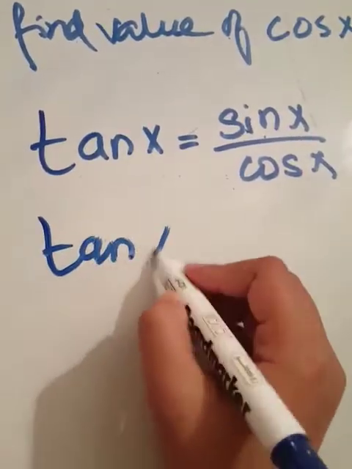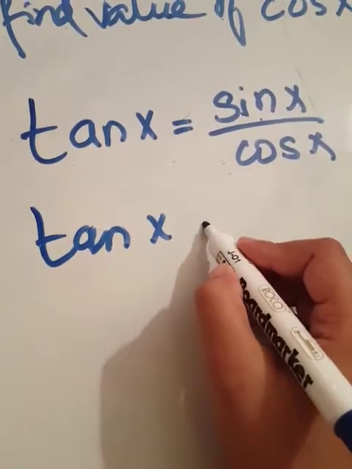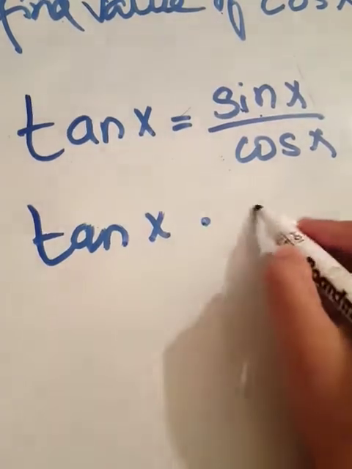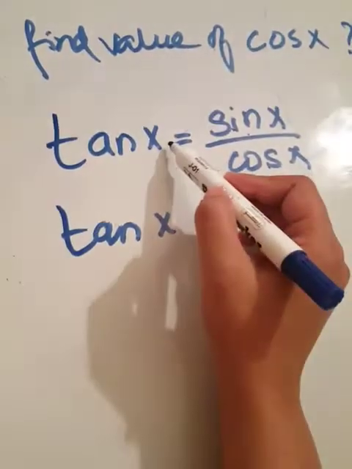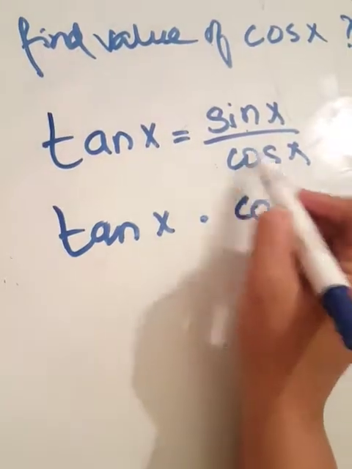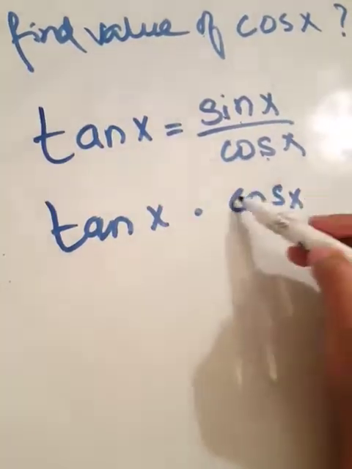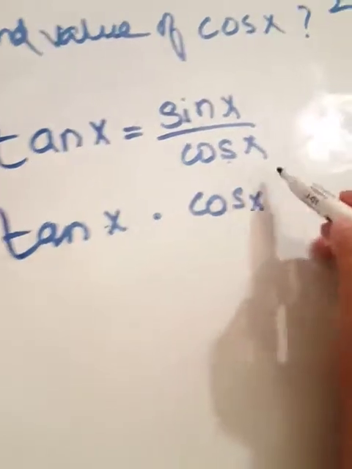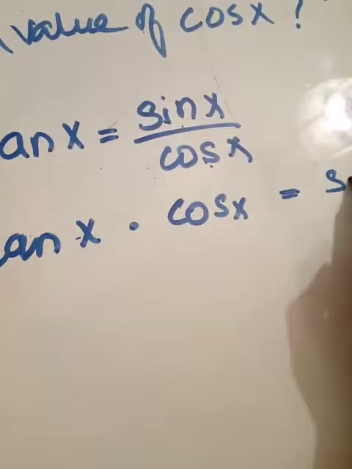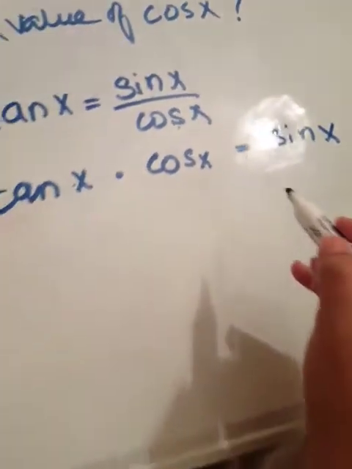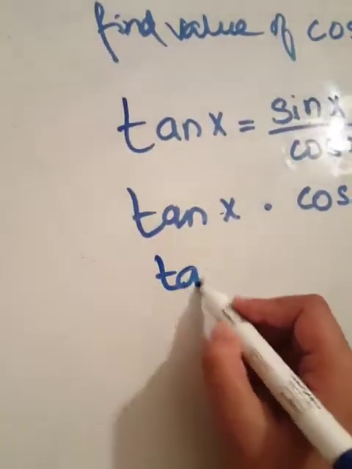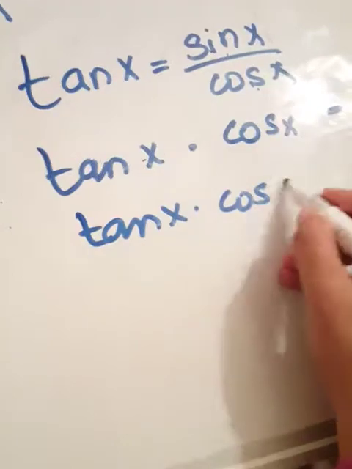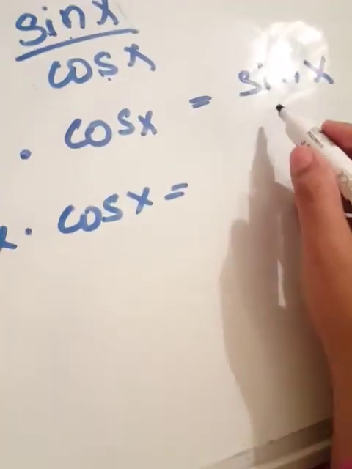So can I write tan of x multiplied by cos of x? I'm just taking this cos x which is dividing over here. If something is dividing here, it will go and multiply over here. So this tan of x multiplied by cos of x is equal to sine of x. Now, tan of x multiplied by cos of x is equal to, can I replace this sine of x